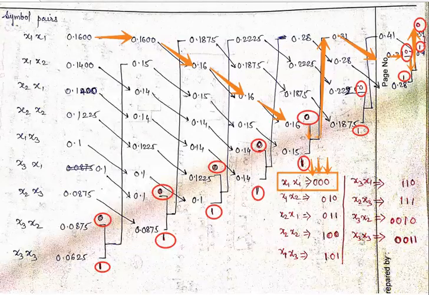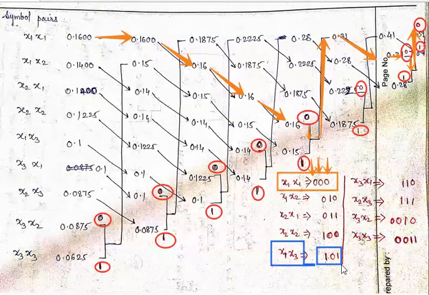Hello everyone. Let's check it with the help of the other aspects also. So here we will track it for one more combination. Let's say this is the combination for which we want to track out the path. Let's say it is x1 x3. This is the combination. Its code word is simple, 101.